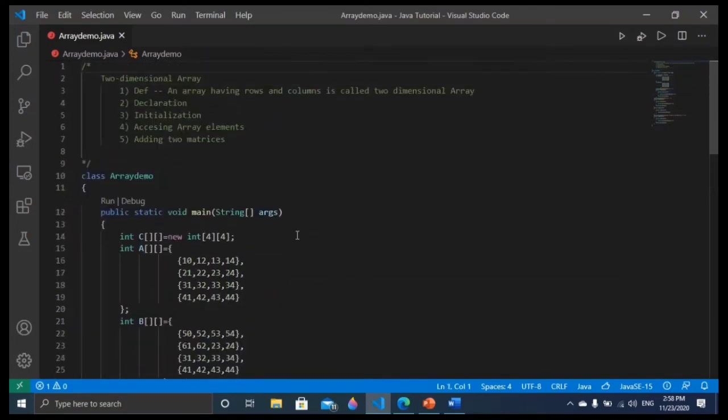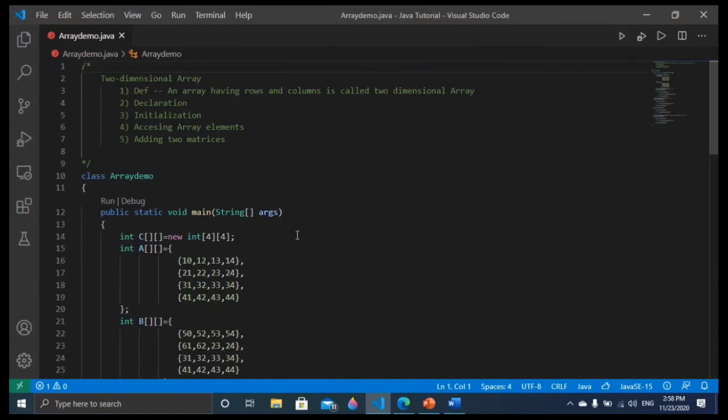So let me revise friends one more time what we have studied. We have studied two-dimensional array. Two-dimensional array means an array having more than one row and more than one column. Or simply we can say the array which stores the data in the form of rows and columns. That is called the two-dimensional array. Then we understood how to declare.